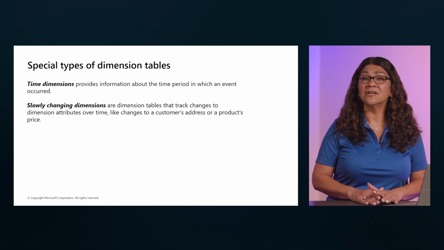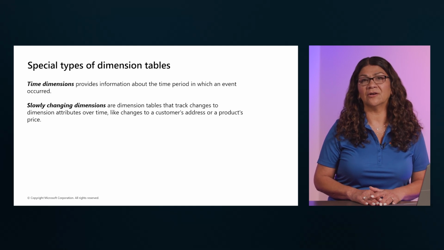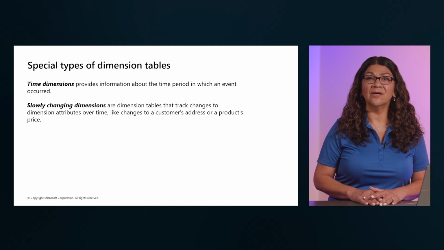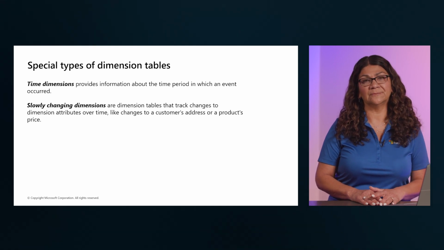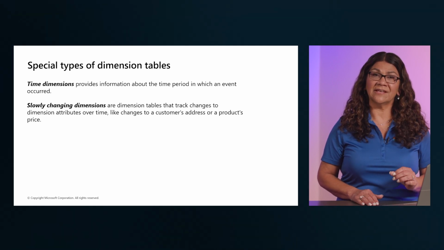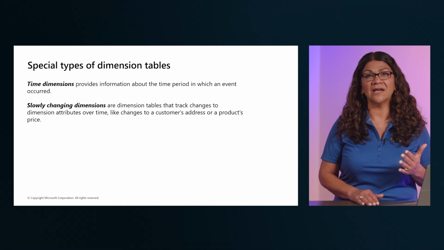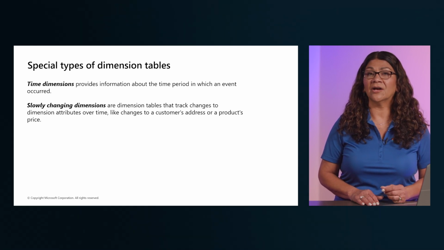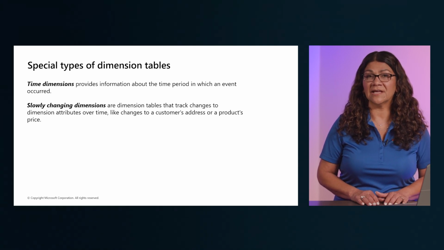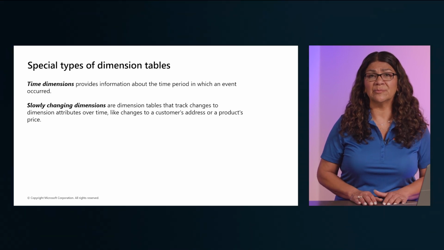It facilitates trend analysis by providing a structured way to examine data over time. It also enables filtering and grouping of data based on specific time periods. Slowly changing dimensions are significant in a data warehouse because they enable users to analyze and understand changes to data over time. These dimensions ensure that data stays up to date and accurate, which is imperative for making informed business